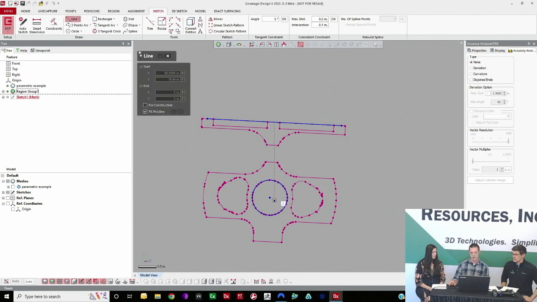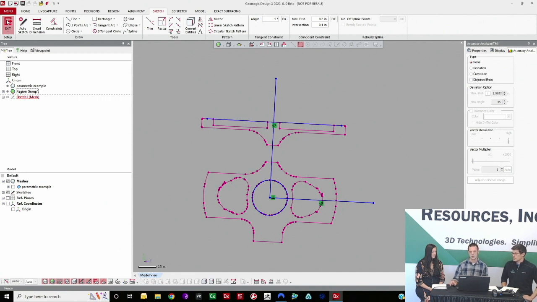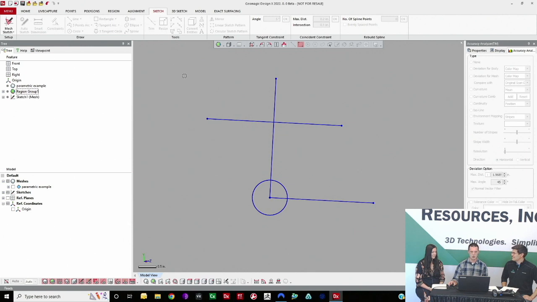I'll create another line from the center of the circle that is parallel to this line, and then another line that's perpendicular to that one as well. So you can see what I've done here is I've made a circle that defines my origin. I have an X-axis and a Y-axis. The X-axis is parallel to the foot of the part. Okay. So what I'll do now is I'll exit this sketch, and what I want to do is under my